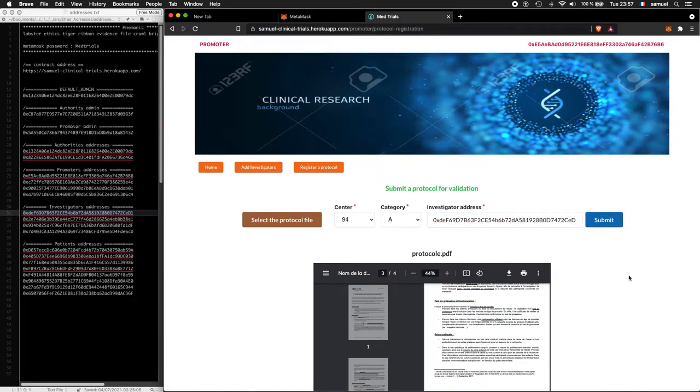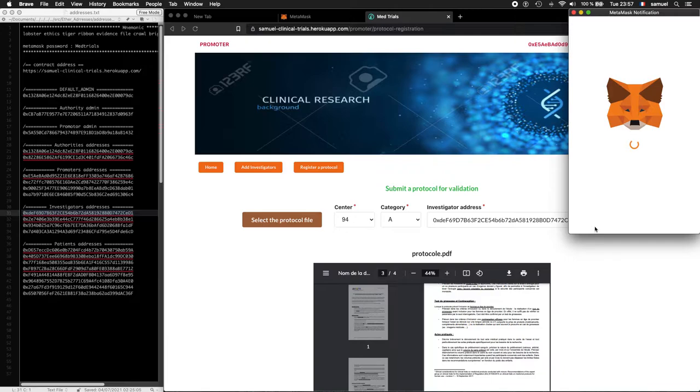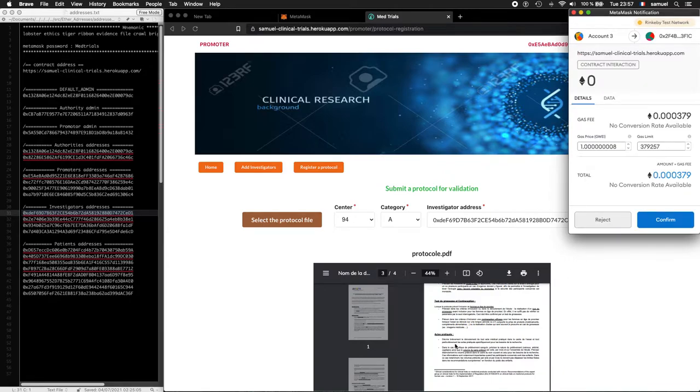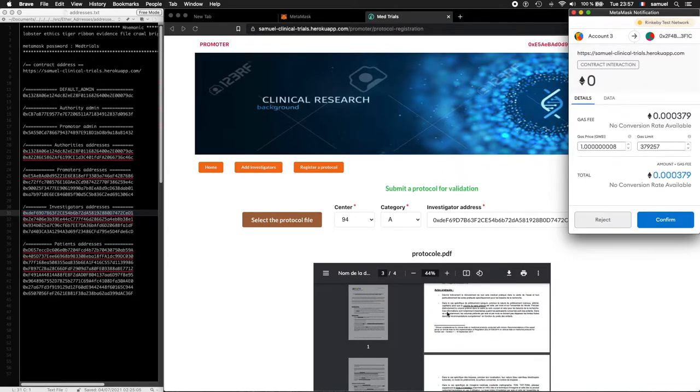And click on submit. By clicking on submit, we are sending this file, the protocol file, and all this information to IPFS. IPFS returns a content identifier, or a CID, and this CID is sent to the smart contract.